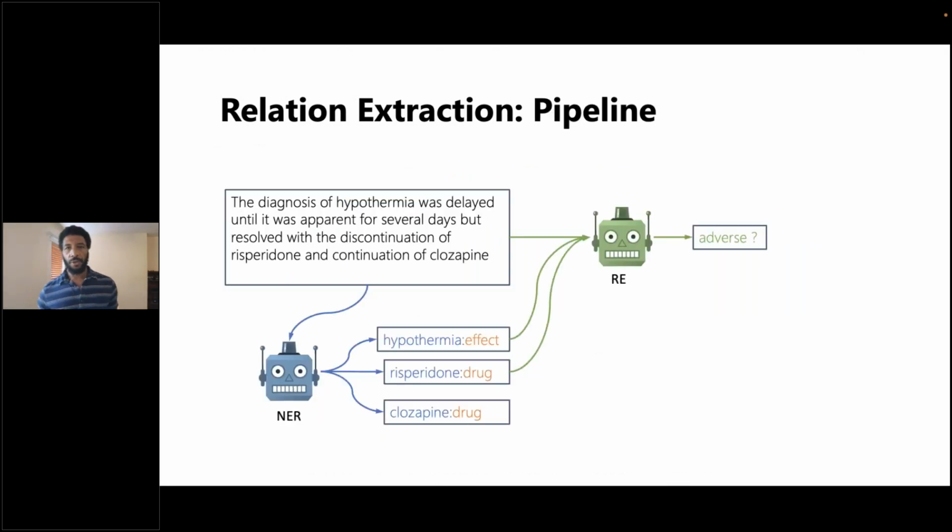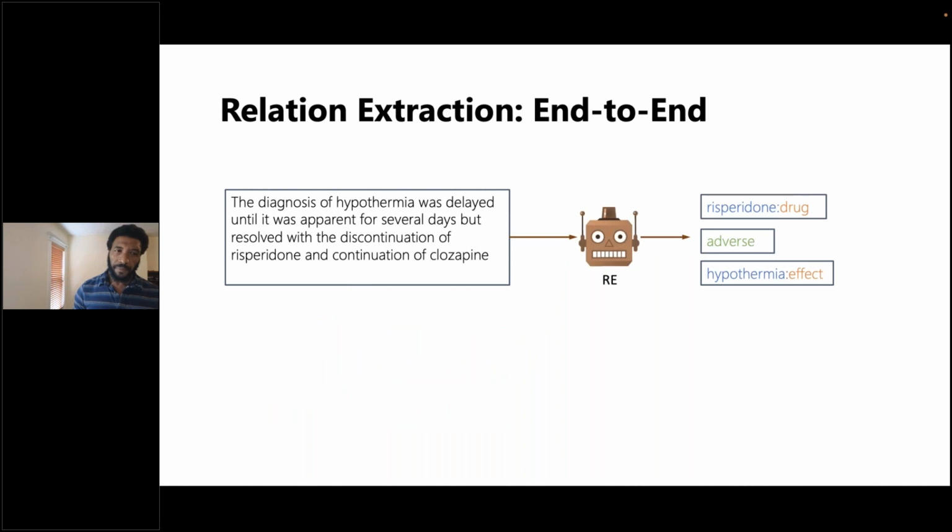So the typical approach to this involves a pipeline where we first use a model to identify the entities in a given piece of text, and then we use a second model to classify the relations between pairs of entities. This is not ideal because when we use pipeline approaches, the errors of the different components of the pipeline may compound. And so more recently, people have been exploring end-to-end approaches where we take a snippet of text and we produce the entire structured output.